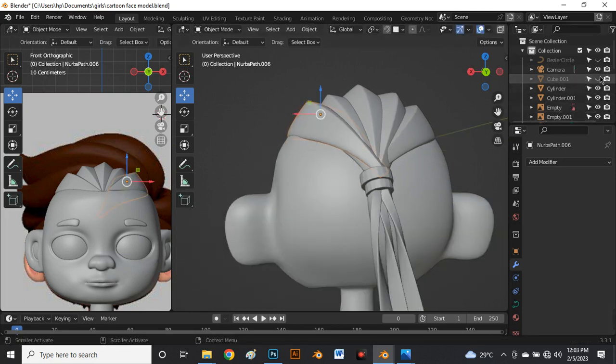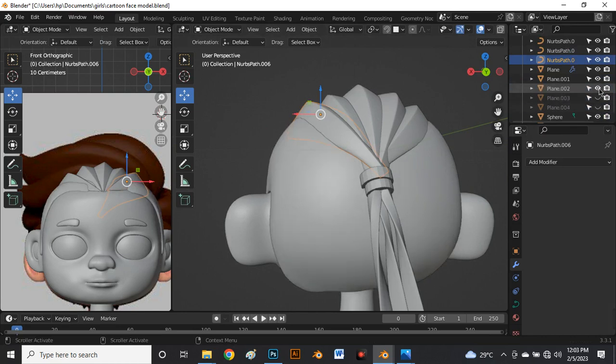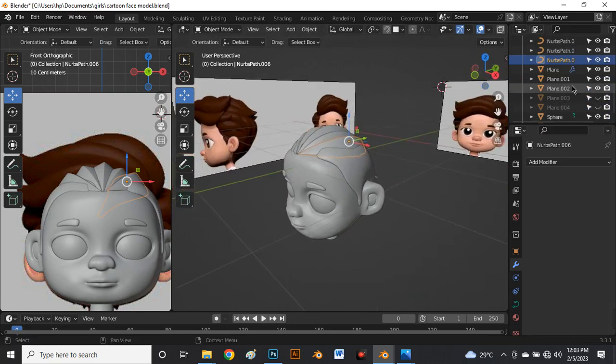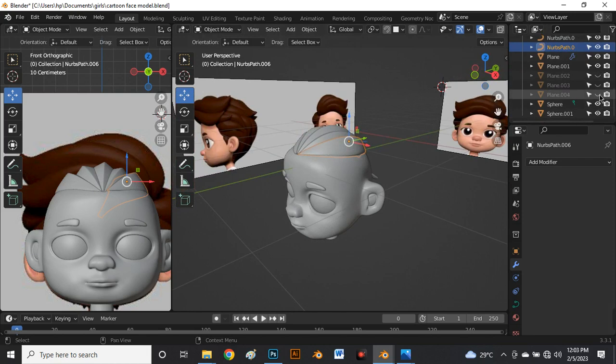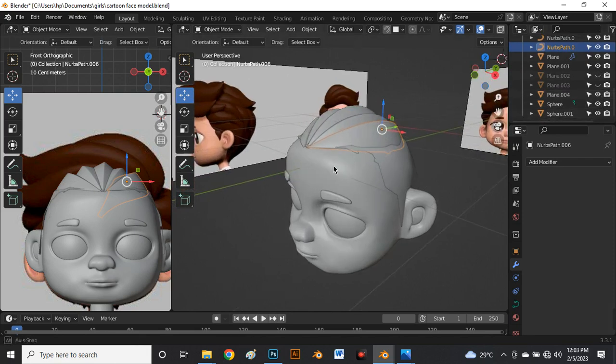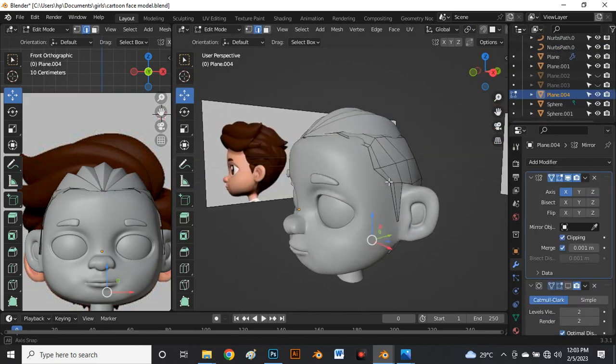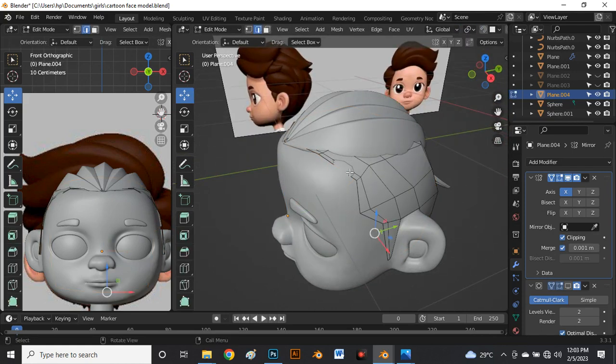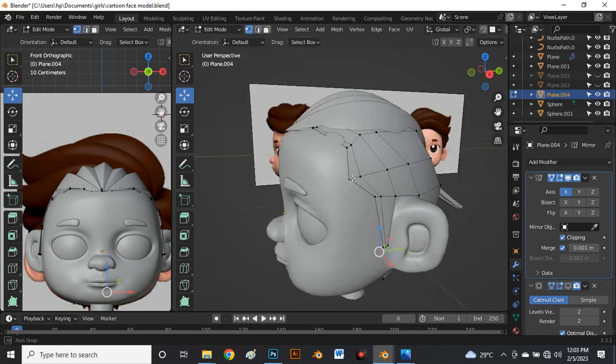So now we can bring our hair back, not this, and tab. So we can see what we've done here,